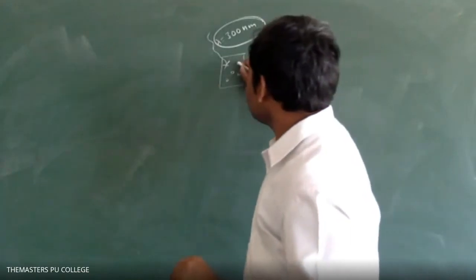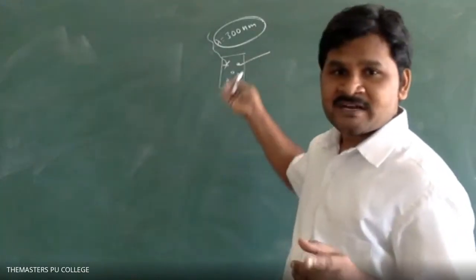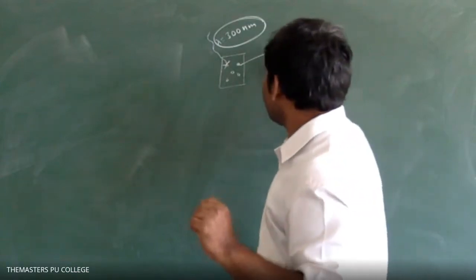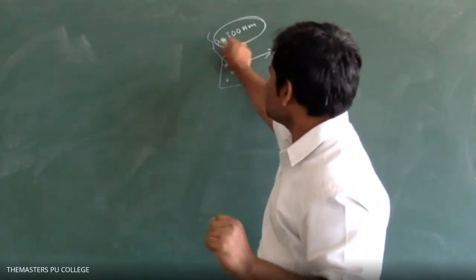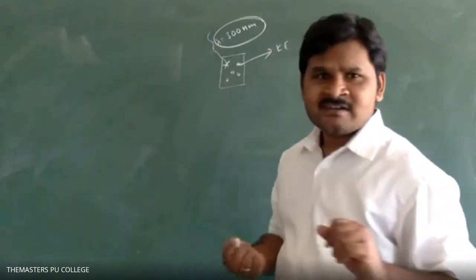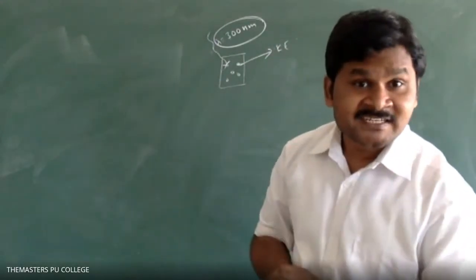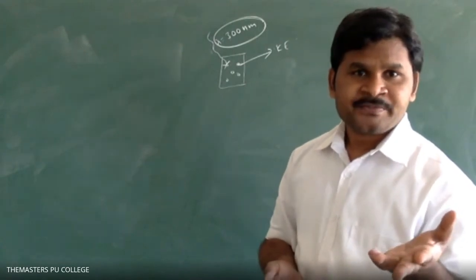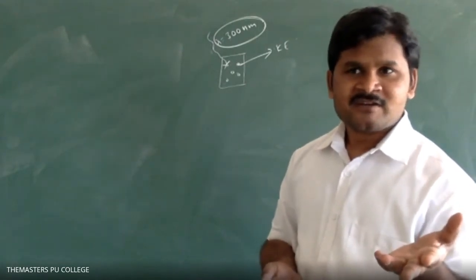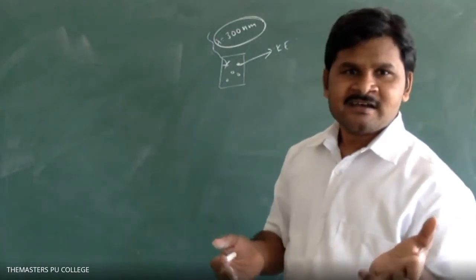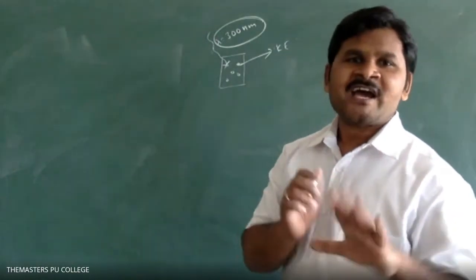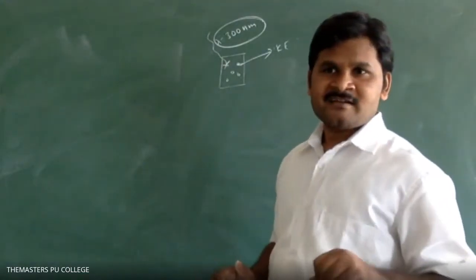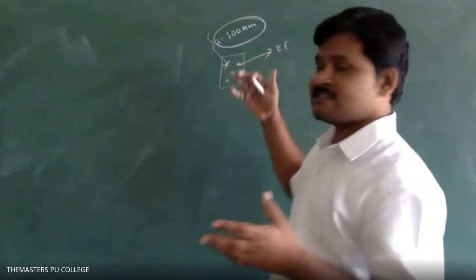Next, the kinetic energy is given, 1.68 into 10 power 5. Kinetic energy is given. Is it possible to calculate the work function W? Students, can the work function be calculated? W we have to calculate. After that, from W we have to calculate its wavelength also. That is the question. Clear? If you write the data like this, you can solve easily.